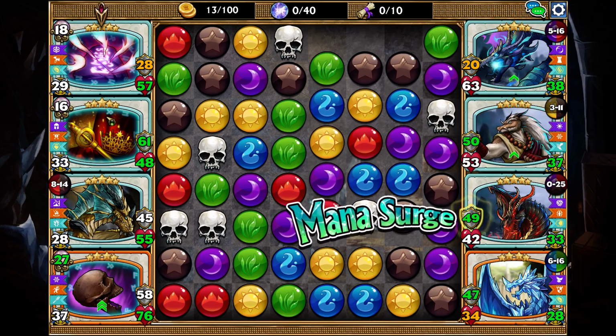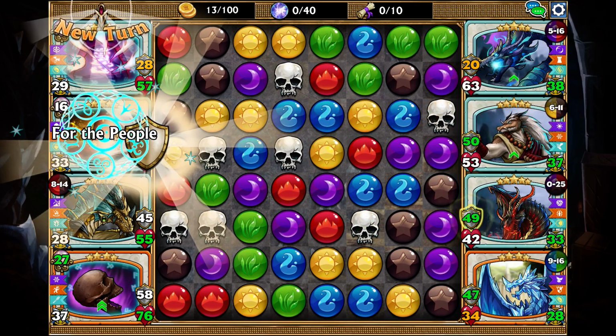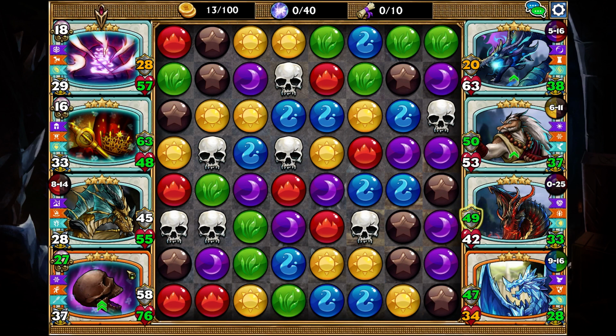Of course, one thing, I didn't even explain what Emperina does. Though I'm pretty sure most of you may already know, it's just not really used that often. But it gives an ally 21 life and attack, and then cleanses and heals them. The main component here that is really important is heals them, because of what we'll do...